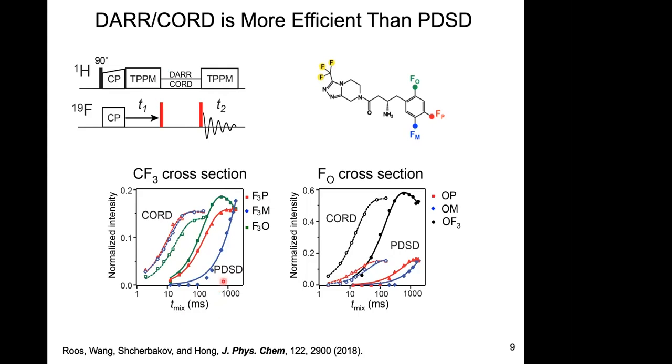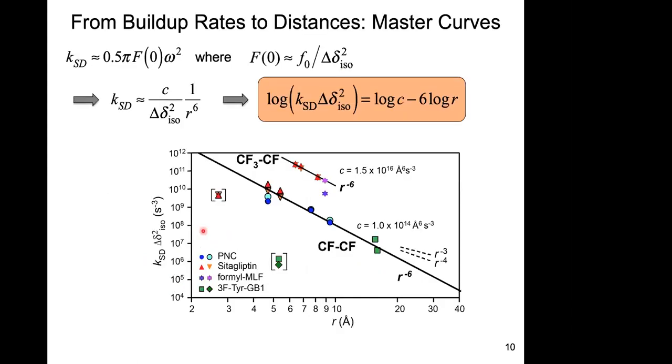So you can see that PDSD build-up curves rise at much longer mixing times compared to CORD. So PDSD is not as good as doing CORD. Now the reason we took all of these model compounds that have well-defined distances and measured the build-up rates, or build-up time constants, is that we want to see if it's possible to be semi-quantitative, if not quantitative,